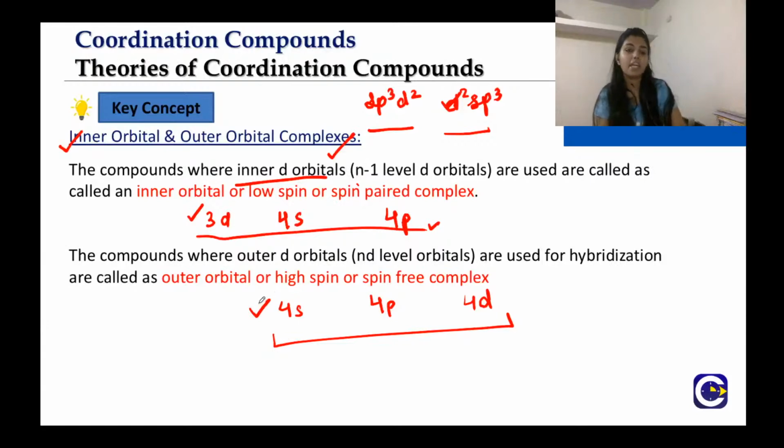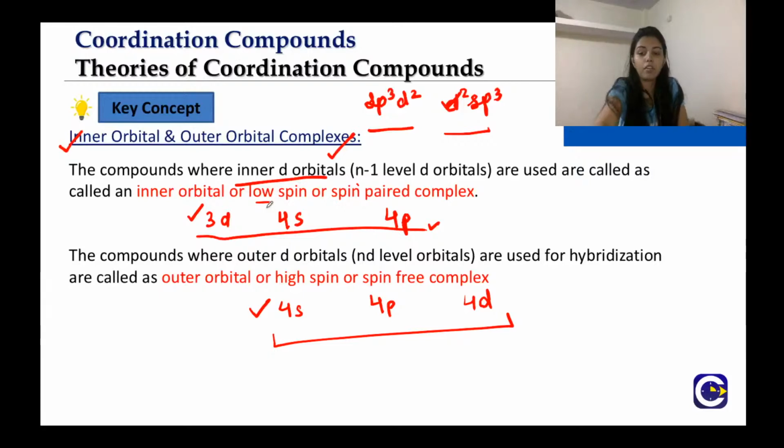And the low spin, high spin, we will discuss that in crystal field theory. You can ignore it for now. Low spin and high spin complex, or spin paired or spin free complex, these definitions are more appropriate for crystal field theory. For valence bond theory, you can remember that there are two types of complexes, that are inner orbital and outer orbital. If the inner d orbital is used, then that will be d2sp3, and if the outer d orbital is used, then that will be